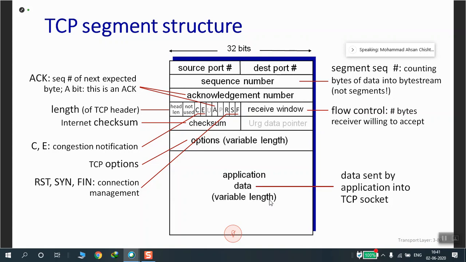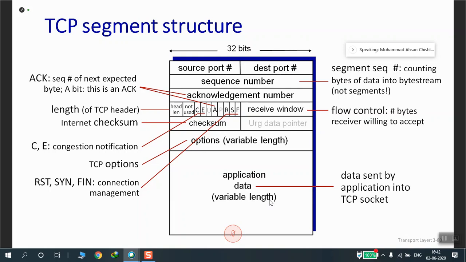We have RSF, that is mentioned here as RST, SYN, FIN. These are for reset and synchronization, which is what we know as connection setup and connection teardown. So connection management is done by these bits.